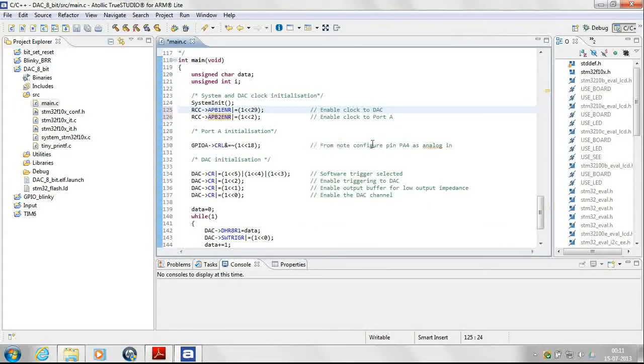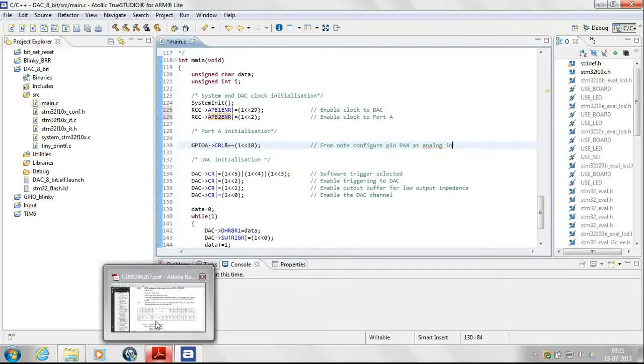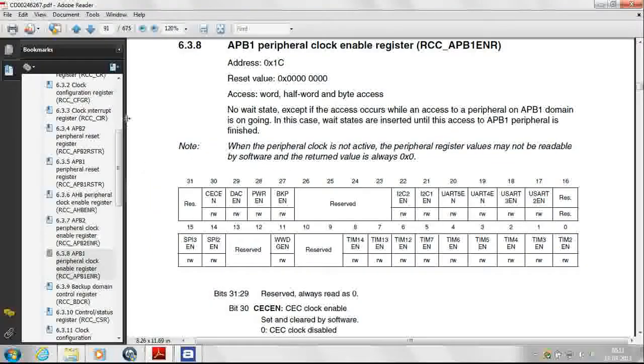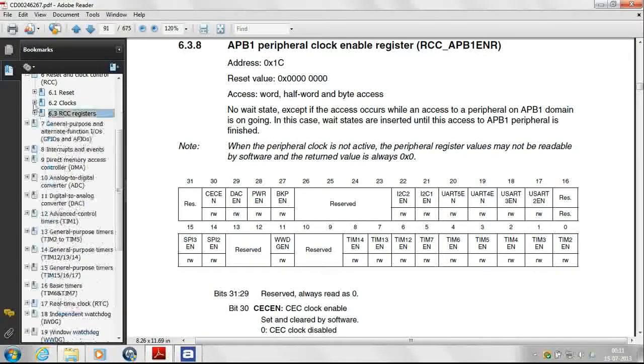After the clocks are enabled, there is a note given in the user reference manual.